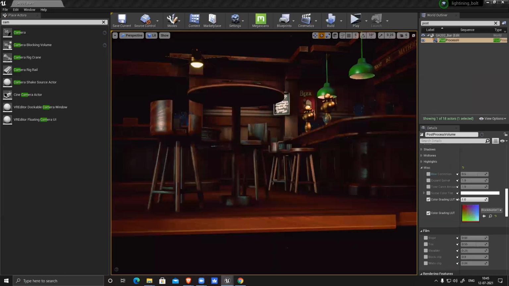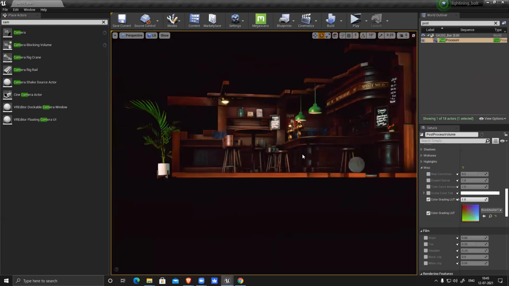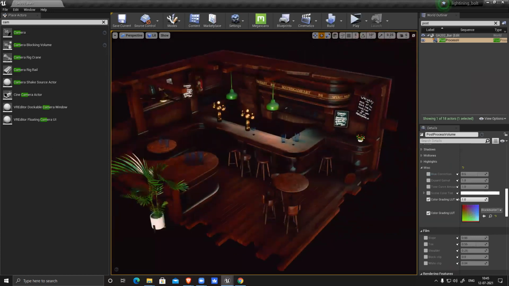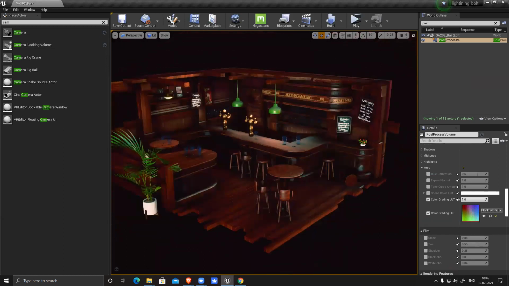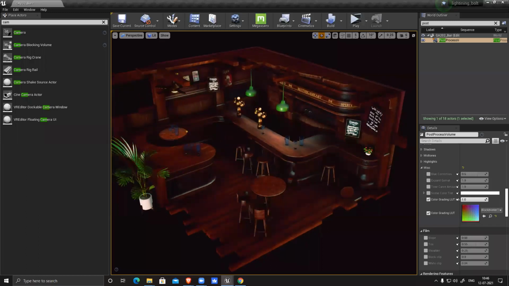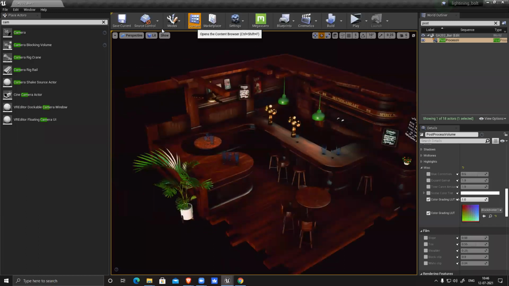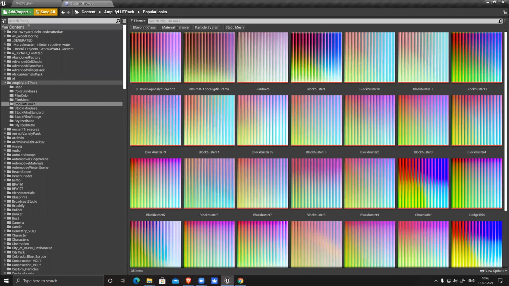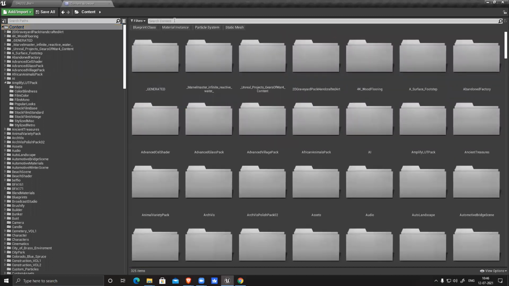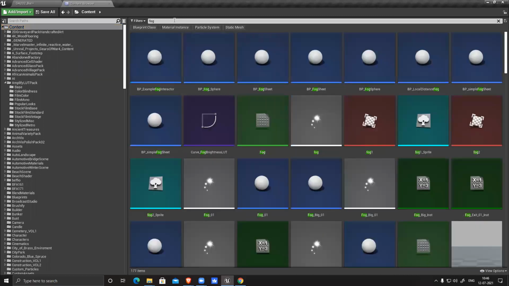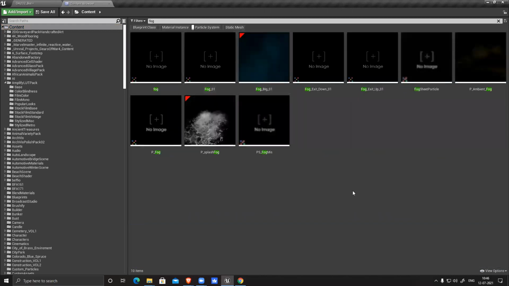So, use this and let's see. Fog particle system.